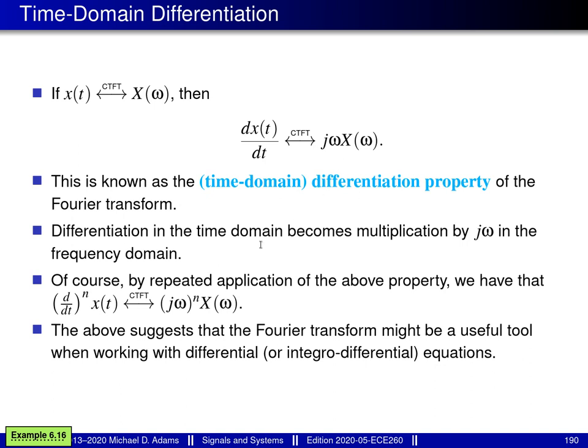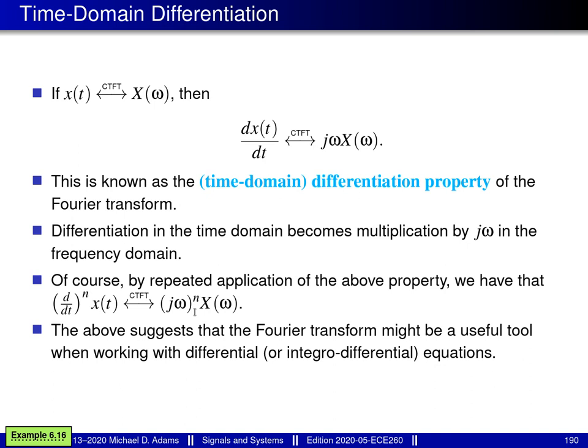And of course, this particular property can be used repeatedly. So for example, if we have an nth order derivative rather than just a first order derivative, we can compute the Fourier transform by multiplying the Fourier transform not just by j omega, but by j omega raised to the nth power. And this particular property of the Fourier transform is really quite important in a practical sense, because this